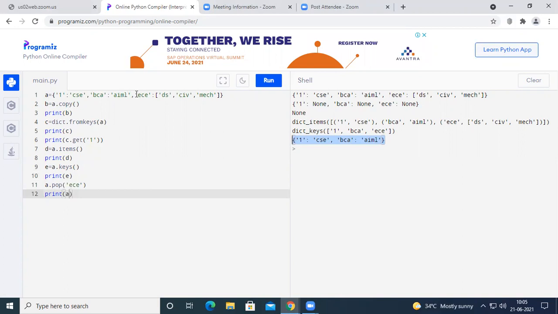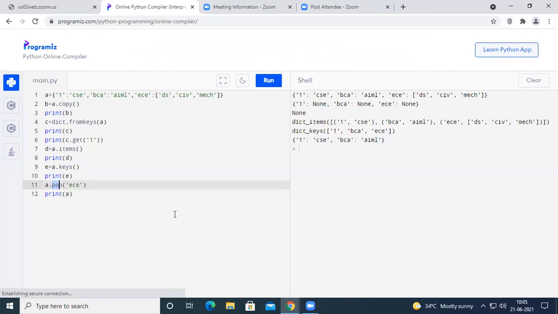So the third key has been popped. That is, the third key has been removed because we have called the function pop. So this pop function is going to remove the value at the specified key. We have specified a key here, so the value at this particular key will get removed.